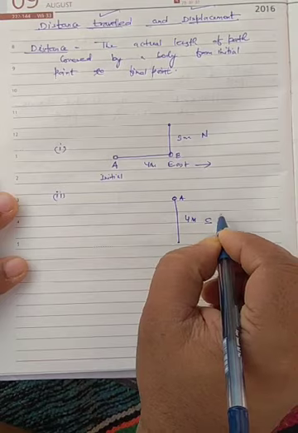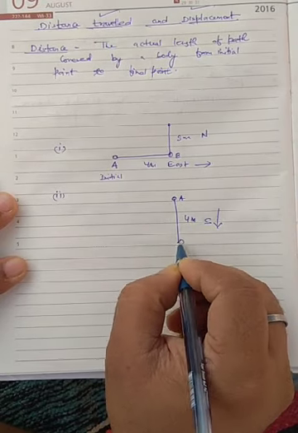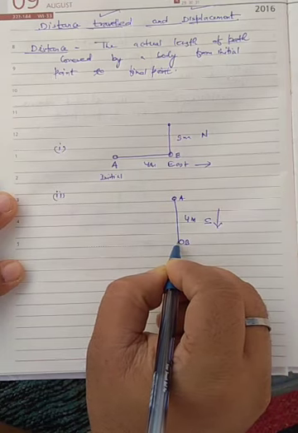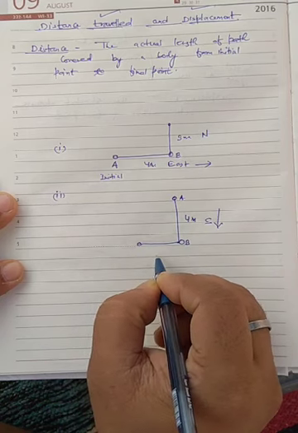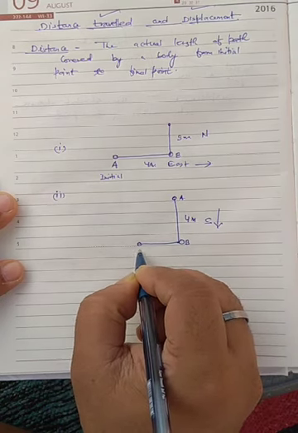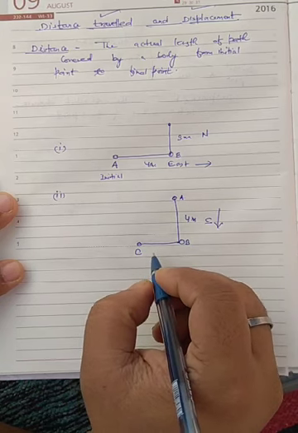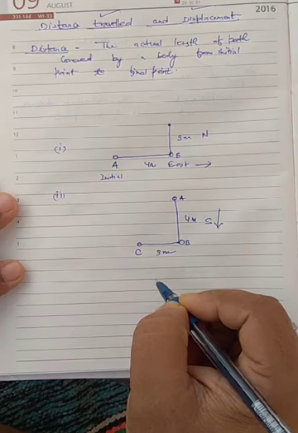After covering the distance towards the south and reaching point B, the body goes to the west direction and reaches its final point, having a distance of 3 meter. Okay,